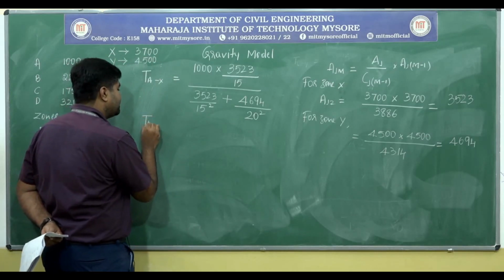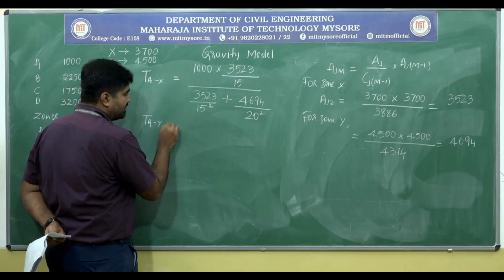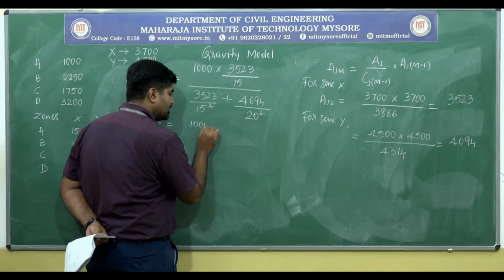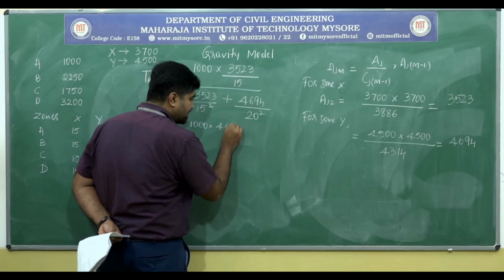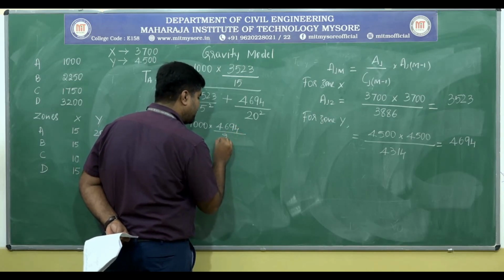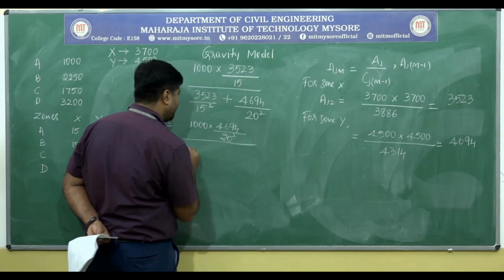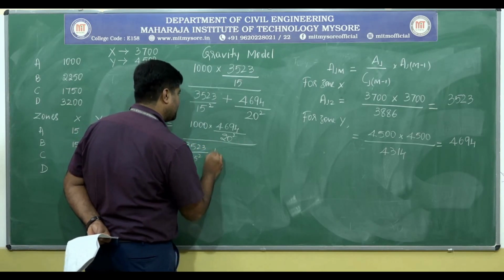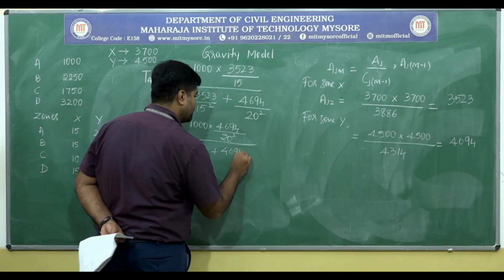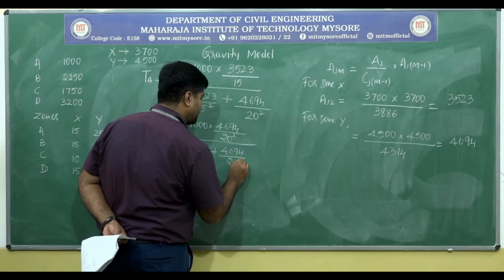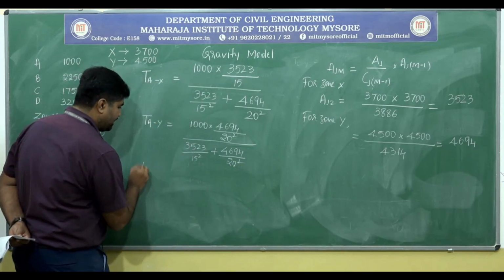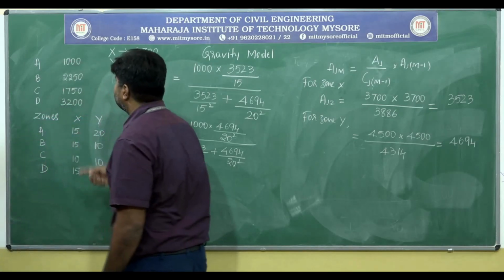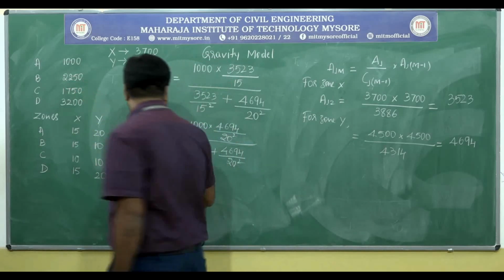Next, T A to Y. We know the trips generated from A is 1000, into 4694 divided by 20 squared, whole divided by 3523 divided by 15 squared plus 4694 divided by 20 squared. Similarly, T B to X. From B we know the trips generated is 2250,